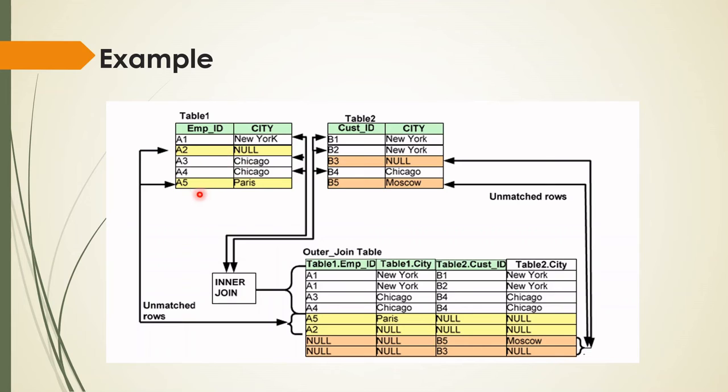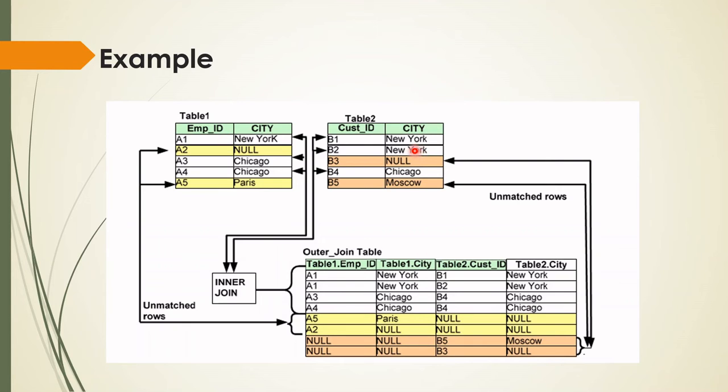And second is this Paris, A5 Paris with no record. Here we have no record, so we are writing A5 Paris, and here we have a null because we have no value for Paris in table 2. So remember this, here we have two rows, A2 null and A5 Paris. For both we have no value in table 2, then also we are including them in the table. So that is the unmatched rows we are including. This is the outer join and it is the full outer join. So we are writing table 1's unmatched rows with table 2 also, and now we are writing table 2's unmatched rows with table 1 also.